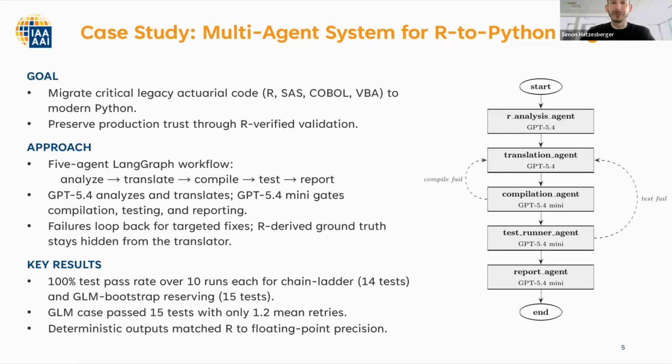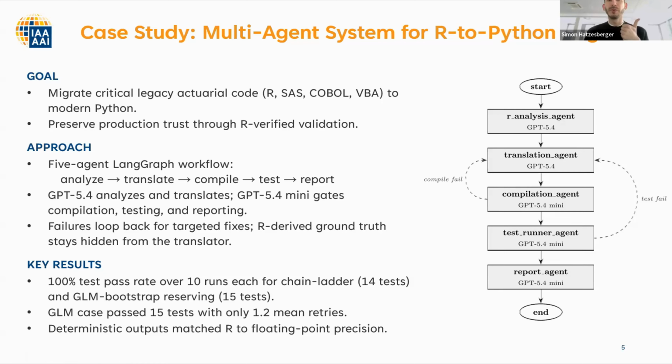And all these large language models are equipped with some tool callings. So they might access a database, or the R analysis agent might have the ability to read some files, or the test runner will be able to validate using a deterministic function, which is standard for validating Python code. So in total, we have a multi-agent system that you can see on the right-hand side, consisting of 5 different